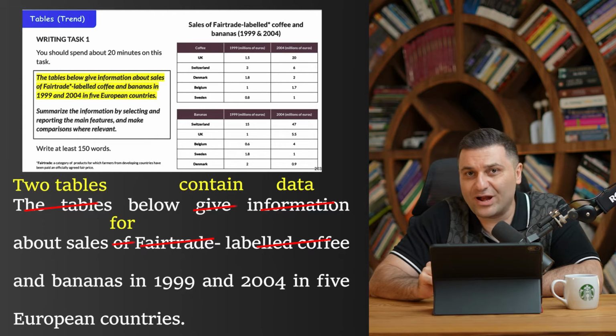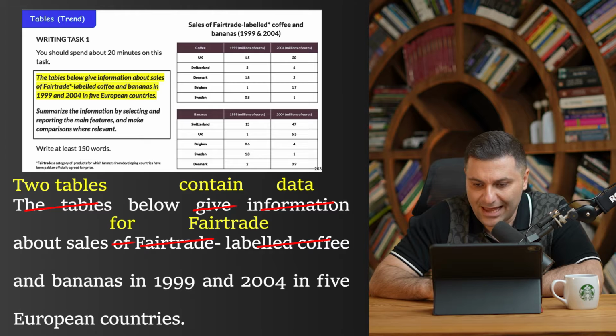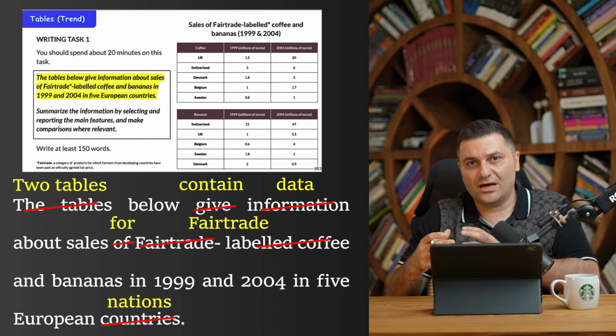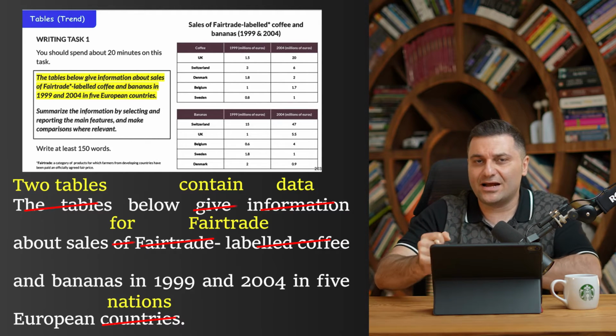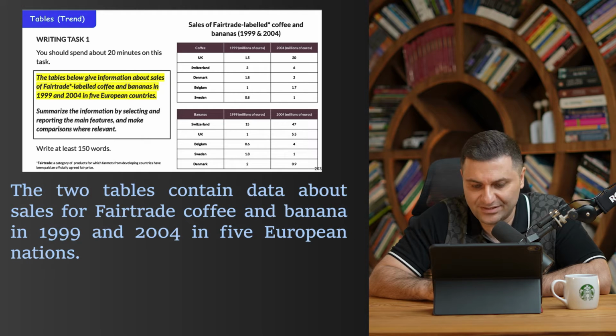Instead of fair trade labeled, we can write simply fair trade. And European countries, instead of countries, we can write nations, all right? So when we change the words, our sentence will be something like this. The 2 tables contain data about sales for fair trade coffee and bananas in 1999 and 2004 in 5 European